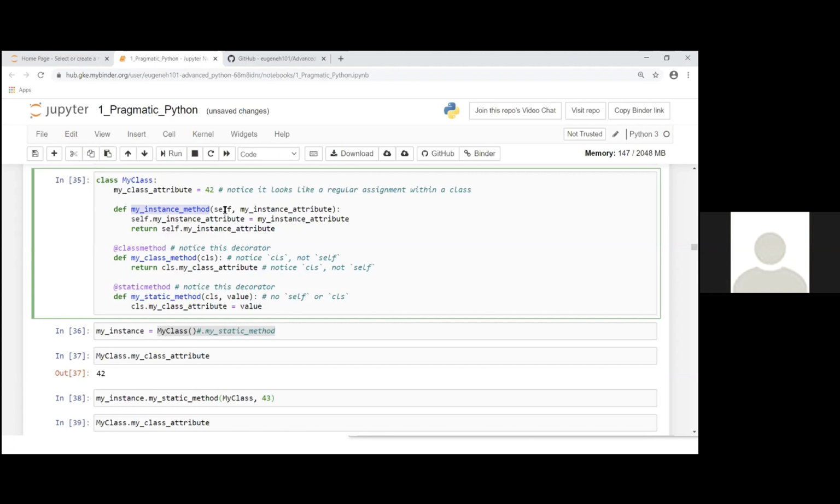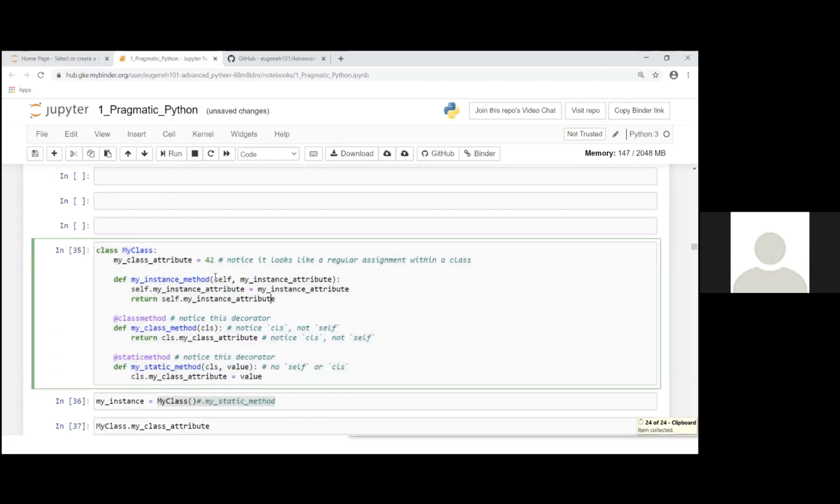an attribute or call other methods of only that instance, because you're passing the keyword self, and self is an instance. So you're doing self dot attribute, or self dot some method, self dot whatever. So it's really that self, that instance. In fact, self is actually not a keyword. Notice it has no context highlighting. You could literally put the word banana, and it would still work. Self is not a magic word.